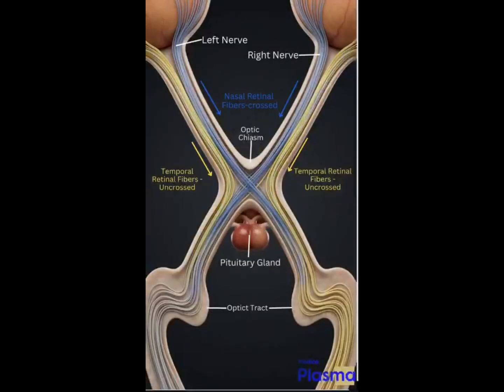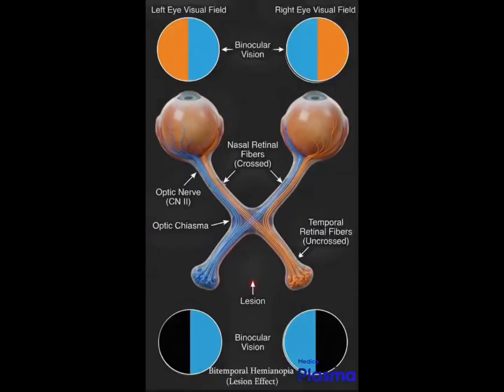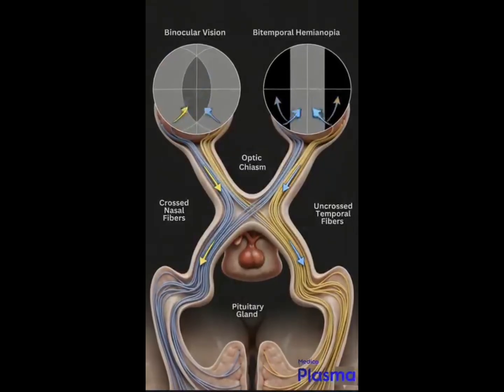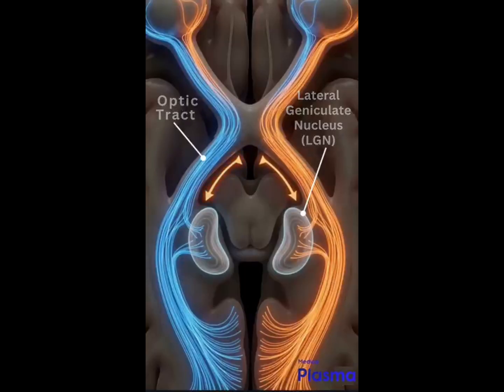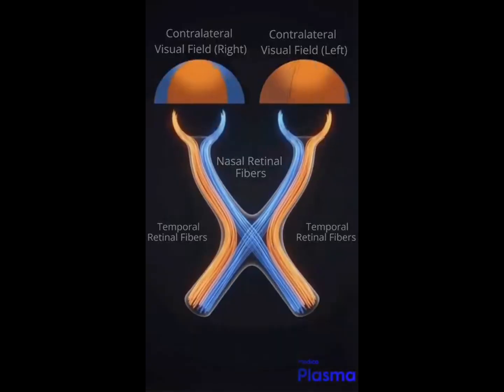Fibers from the nasal retina cross to the opposite side, while fibers from the temporal retina remain uncrossed. This arrangement is essential for binocular vision and explains field defects seen in chiasmal lesions, for example bitemporal hemianopia. Beyond the chiasm, fibers continue as the optic tracts, which carry visual information from the contralateral visual field of both